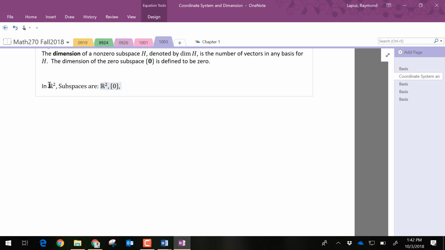Do you remember what it was? Oh, that's for polynomials. So let's bring ourselves to R2 now, two-dimensional plane, x-y axis kind of business. Do you remember what the subspace was? R2 is a subspace, the whole space is a subspace, the zero, the origin subspace, and there's one other subspace here. A line,